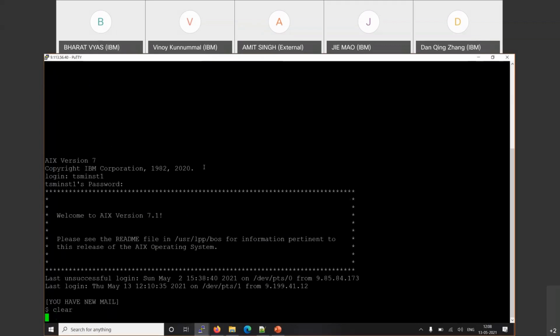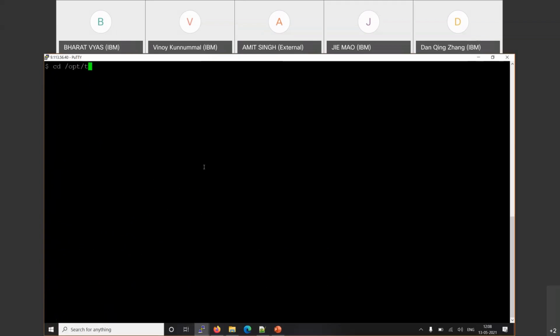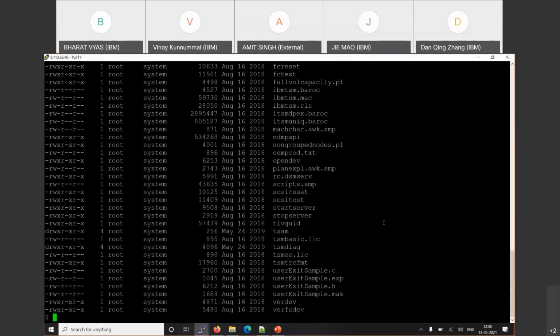Okay, so let me go to the installation directory, Tivoli, TSM, server, bin. So I am in the installation directory, and I do ls -l to show you whether I have this. Okay, this is the installation directory, and I need to run the snapcore command utility. For that I need to run snapcore, the path of the core file, /home/tsm-t1, and my core file name. And then I need to give the path of my executable.